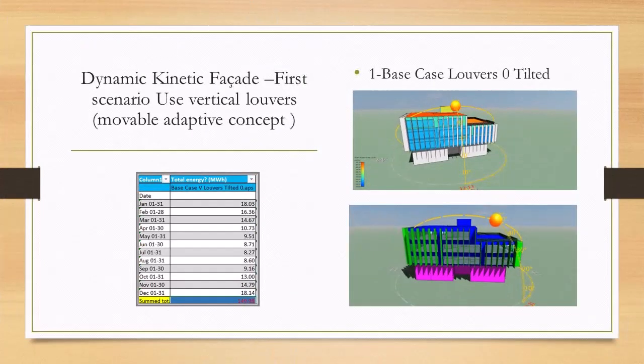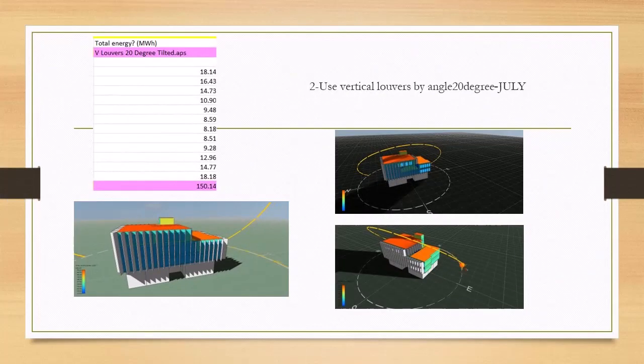I make an analysis for the dynamic kinetic facade. There are many strategies or scenarios. First scenario, use vertical louvers, and I get a total energy of 149.98 megawatt hours. I use vertical louvers at an angle of 20 degrees in July, and I get a total energy result of